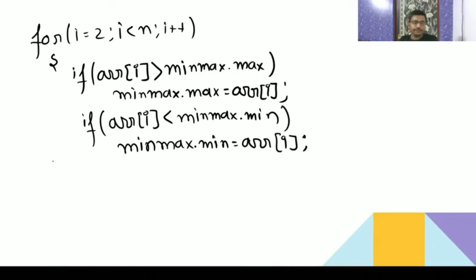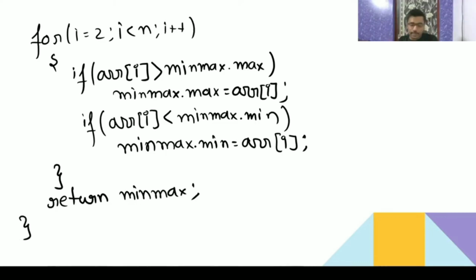Understood? After that, return the variable min max. The min max is having both the minimum value as well as the maximum. Okay. Yeah. Is it clear? Please let me know.